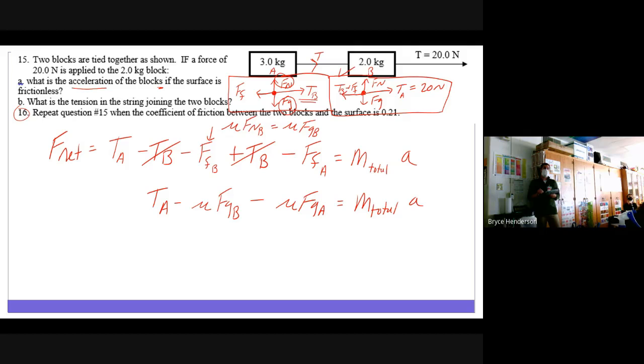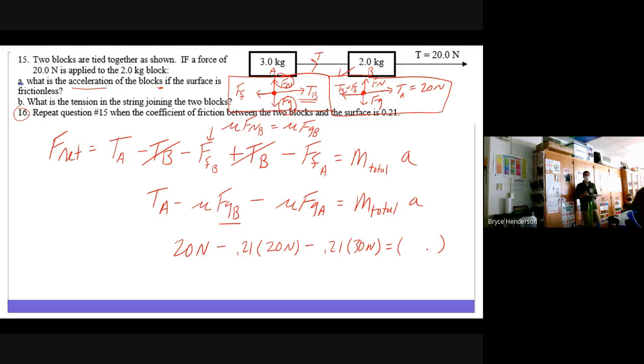And so here, tension on A, which is 20 newtons, minus mu, they gave me 0.21, times Fg B, which is 20 newtons, plus mu again, 2 times 10, by the way, times g. I just did Fg, instead of writing 2 times 10 meters per second squared, I just went ahead and wrote 20. Minus 0.21 times Fg A, which would be 30,